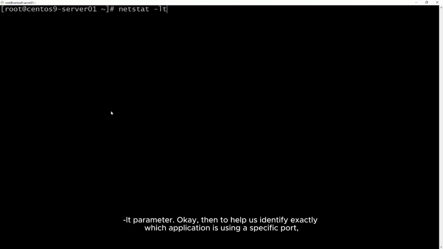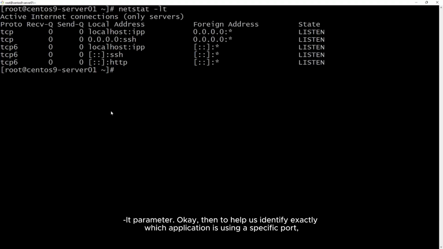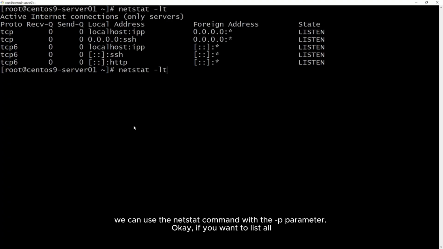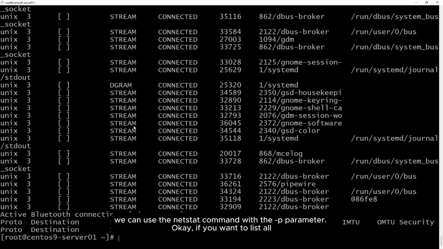Then to help us identify exactly which application is using a specific port, we can use the netstat command with the P parameter.